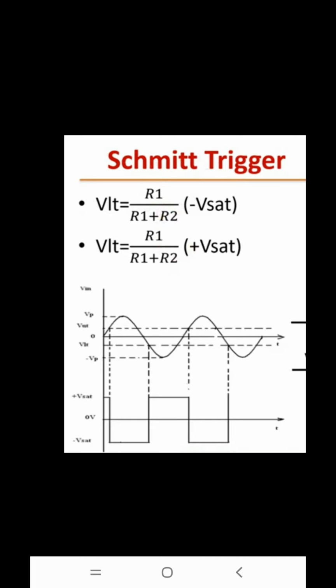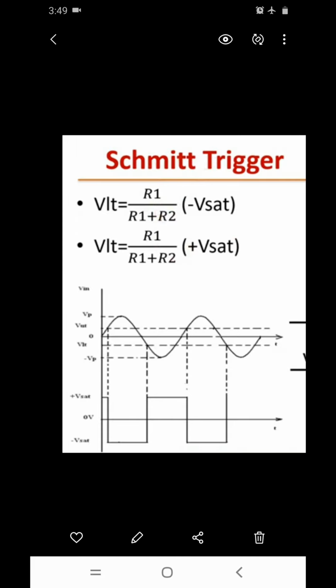So this graph shows that the output of a Schmitt trigger is a square wave when the input is a sine wave. Recalling that a slightly different version of this Schmitt trigger is used in the triangular wave and sawtooth wave generators. In these generators a non-inverting comparator is used as a Schmitt trigger. When the input is a triangular wave, the output of the Schmitt trigger is a square wave, whereas if the input is a sawtooth wave, the output is a pulse waveform.